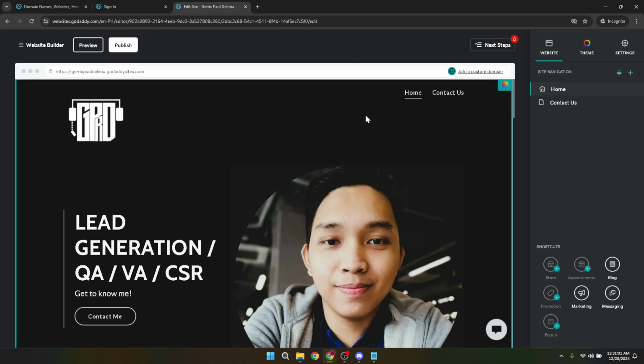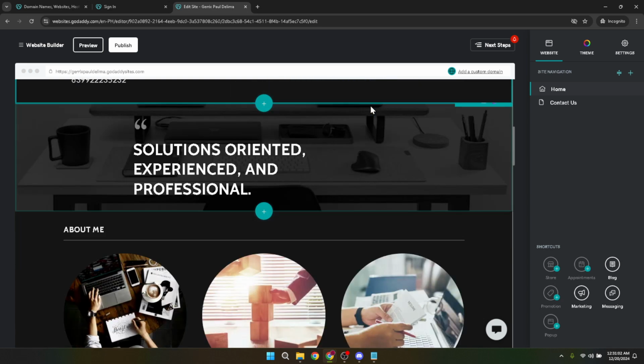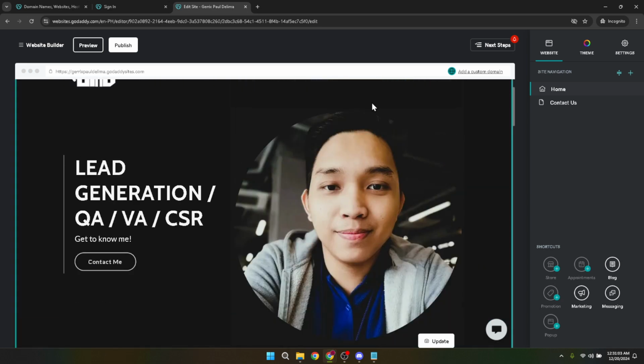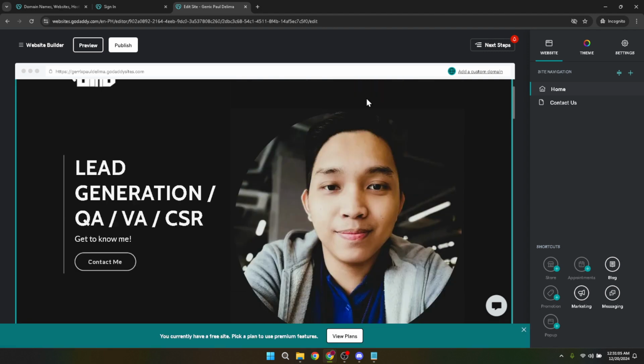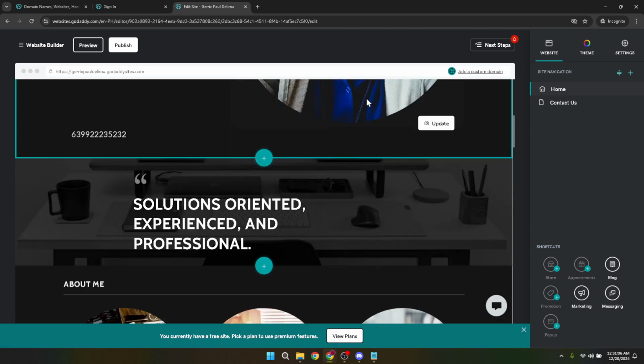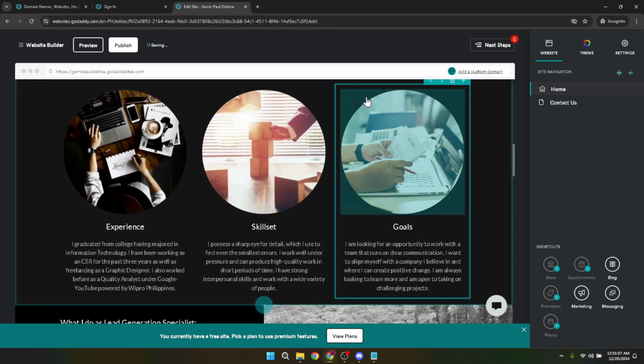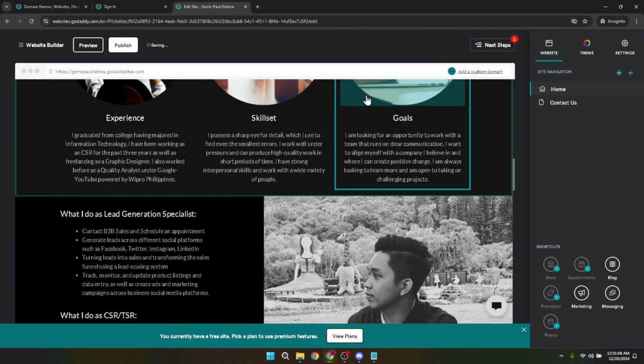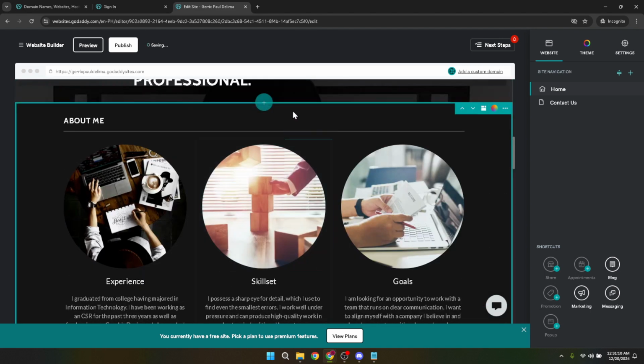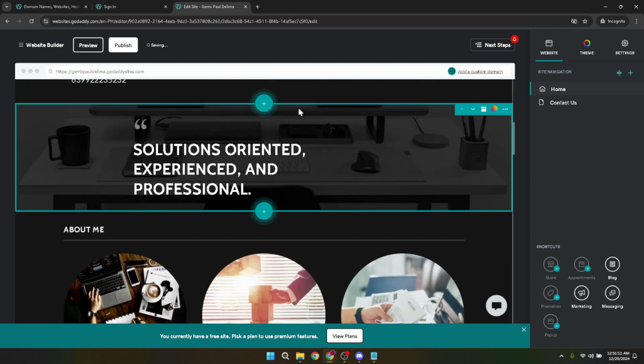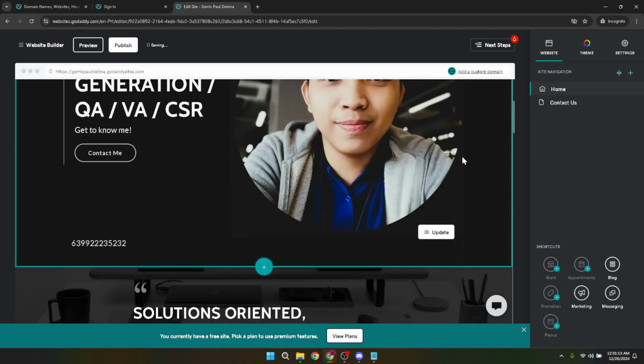Upon clicking Edit Website, you'll be transported to the editor where your website's current layout and content are displayed, ready for any adjustments you might want to make. Here you can easily navigate through your site structure, selecting elements you want to alter. Whether you're tweaking the homepage, updating contact information, or adding a new blog post, the changes are made in real time, giving you an instant preview of how your site will look once the modifications are published.